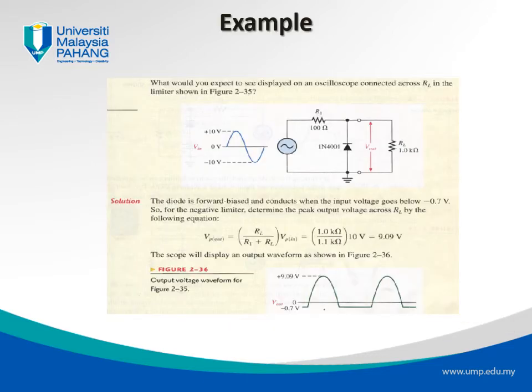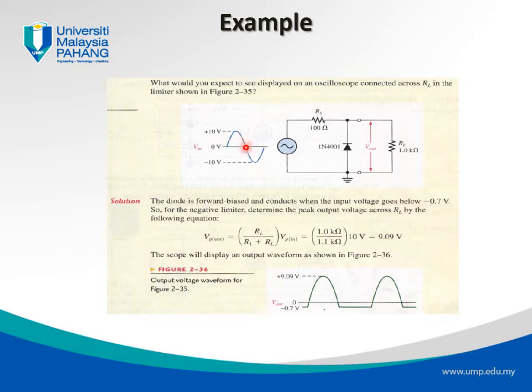So here we have an example of an exercise of a limiter circuit using a diode. As you can see, we have a negative limiter. What does it mean to have a negative limiter? It means, okay, now we have an input of plus minus 10 volts sinusoidal waveform. Negative limiter means it will limit the negative part. Why? Because when the